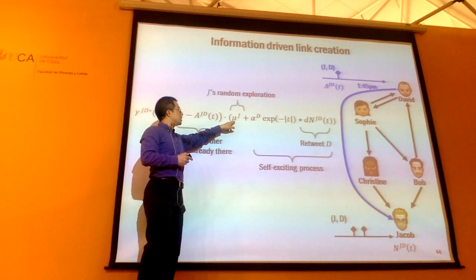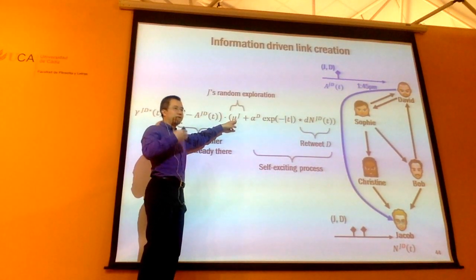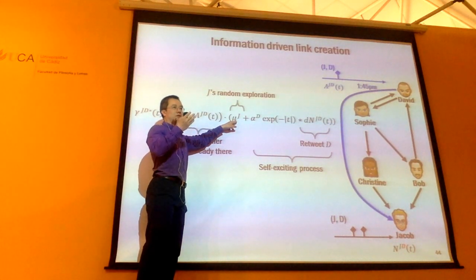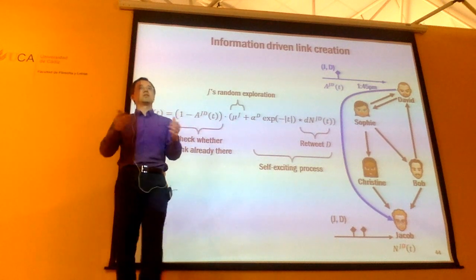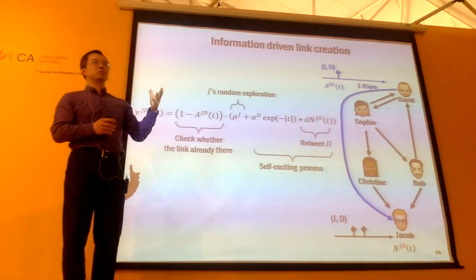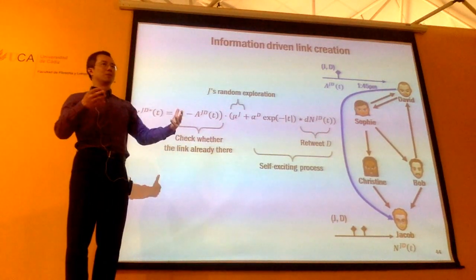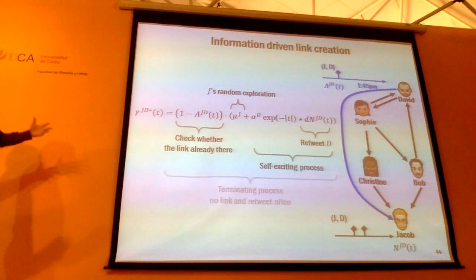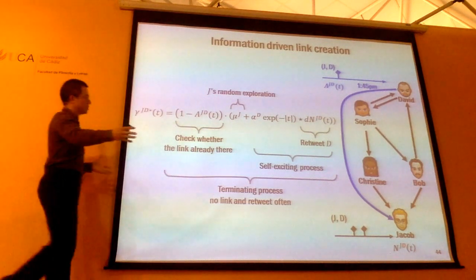Yeah, essentially it just captures that with some random probability, Jacob will connect to data. Jacob is just going to explore this network randomly, and somehow with small probability you can connect to a particular person. Okay, so you can capture all this. So essentially, overall, it's something like a big terminating point process, right?